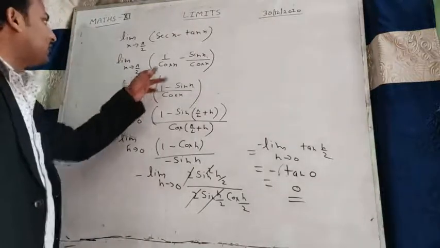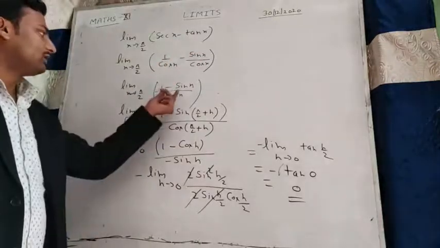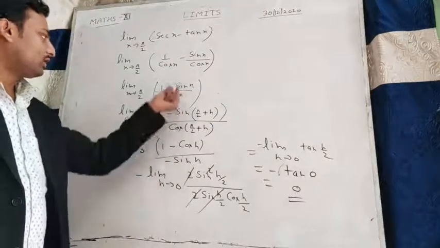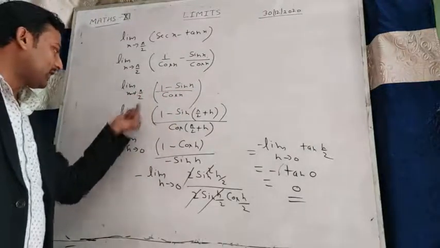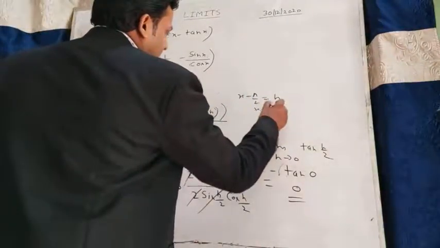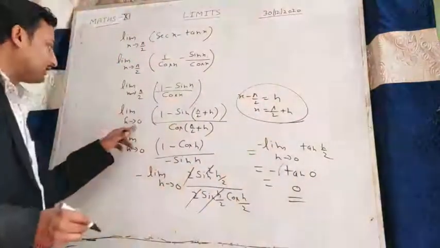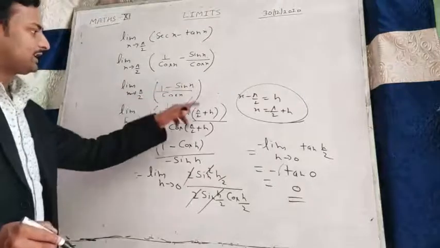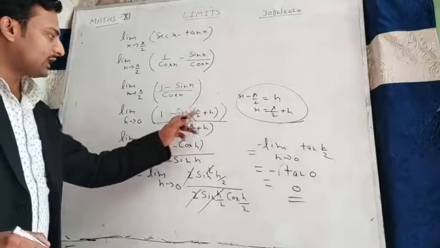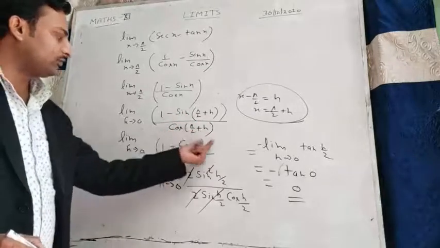Limit x tends to pi by 2, this we can write 1 by cos x minus sin x by cos x, we write 1 minus sin x by cos x after taking LCM. Now here we are taking that x minus pi by 2 is h, so x is pi by 2 plus h. Okay, so h tends to 0 student, we write sin of pi by 2 plus h, here cos of pi by 2 plus h. Sin 90 plus theta is cos theta, and cos 90 plus theta is minus sin theta,